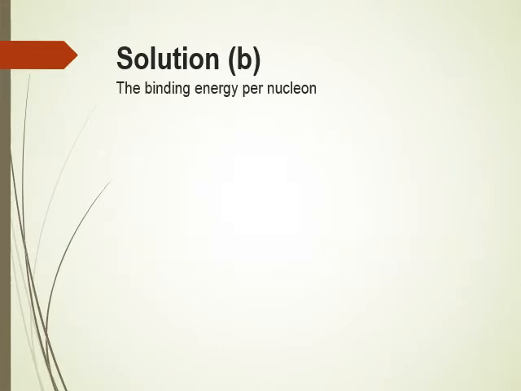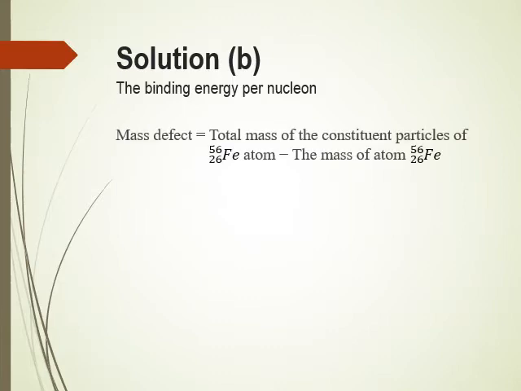To calculate the binding energy per nucleon, we need to calculate the binding energy first. And to calculate binding energy, we need the mass defect. The mass defect in this question can be calculated by using the equation: total mass of constituent particles of the atom minus the mass of the atom. So substitute the values into the equation. Mass defect is equal to